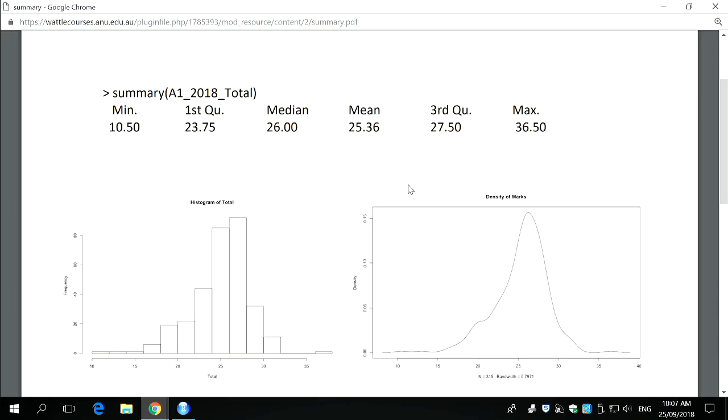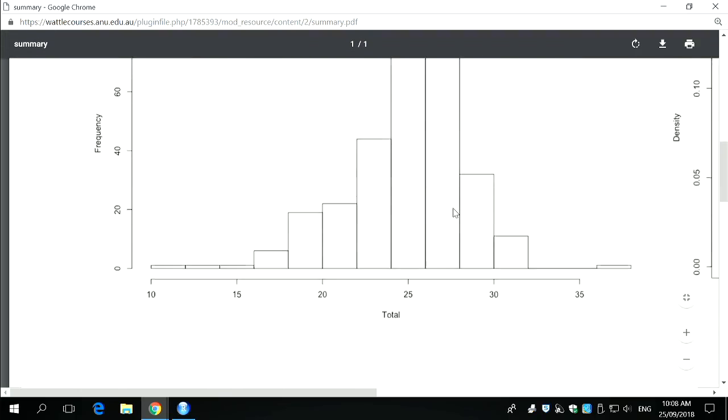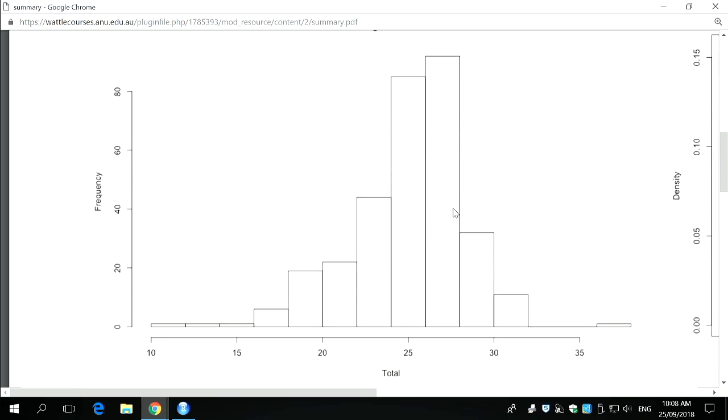It's a reflection of the fact that some people are up the top and some people are down closer to the bottom. And luckily in this course, the odds of failure are very low, because if you hand stuff in, you'll get enough marks to pass. So the first thing I want to put on the table is the distribution of marks here. I can make it big. There it is. You can see the lowest mark was about 10.